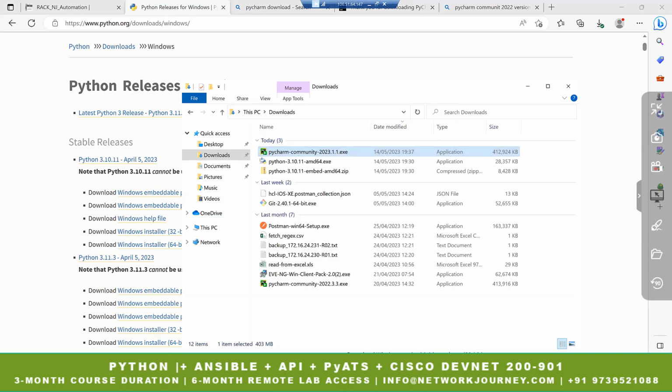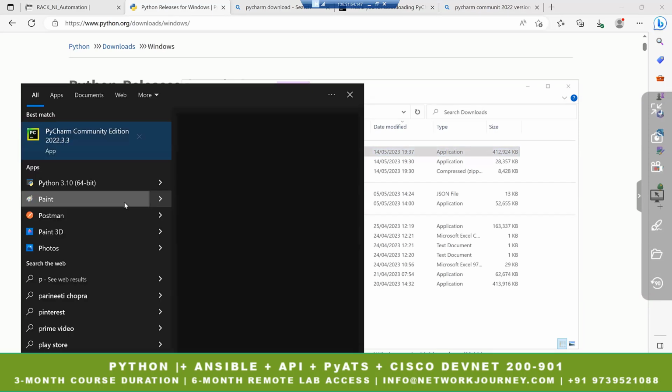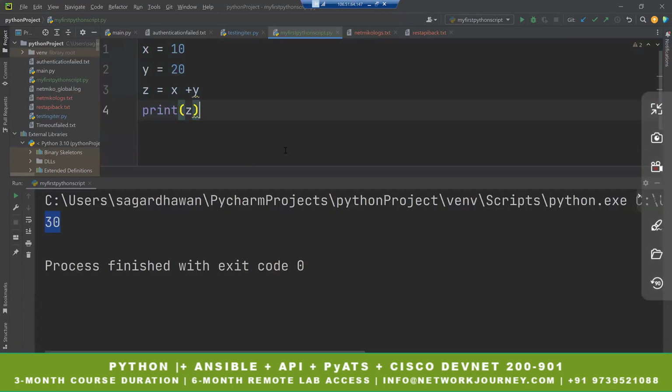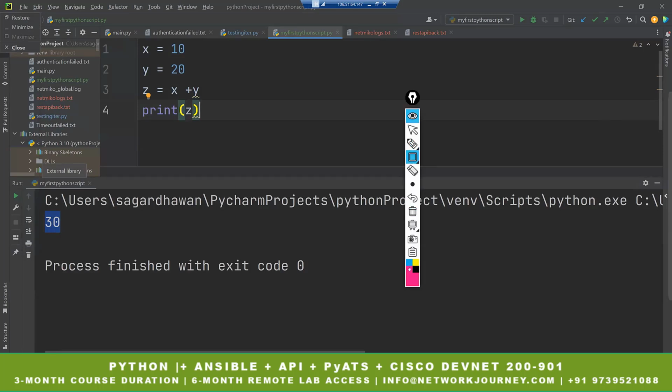Okay. So once you install that, go back to the Windows run, and look for PyCharm. Open it up. This is how the application would look. You need to do some checks because on the very first run of the application, Python would not have been recognized. How do you confirm whether Python is recognized or not? So when you open up this tool, this application, which is called PyCharm,